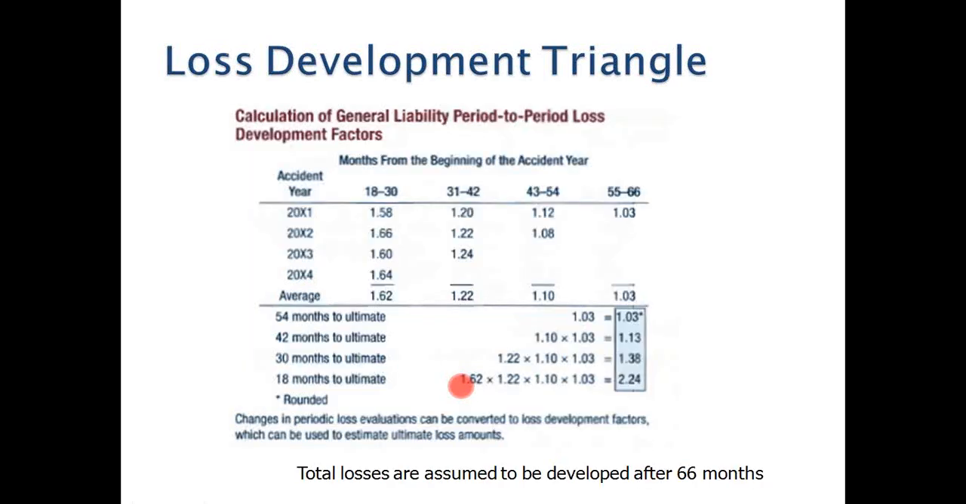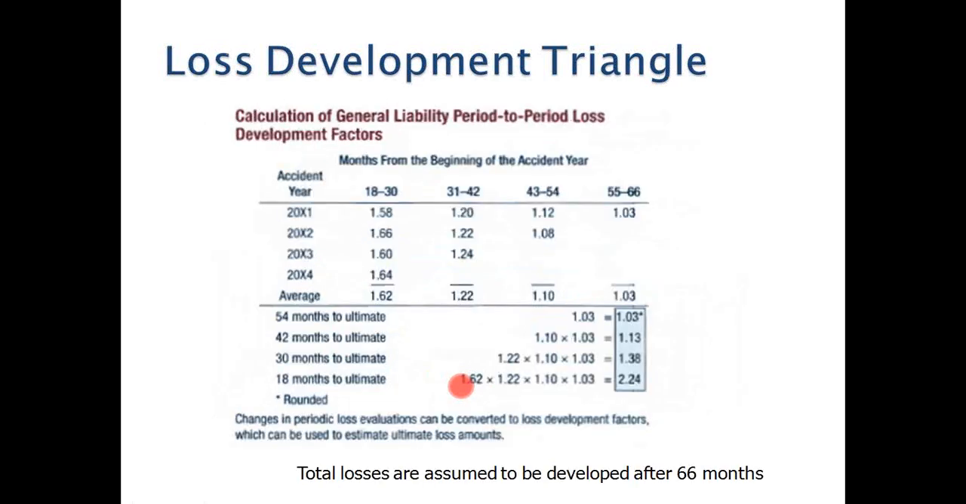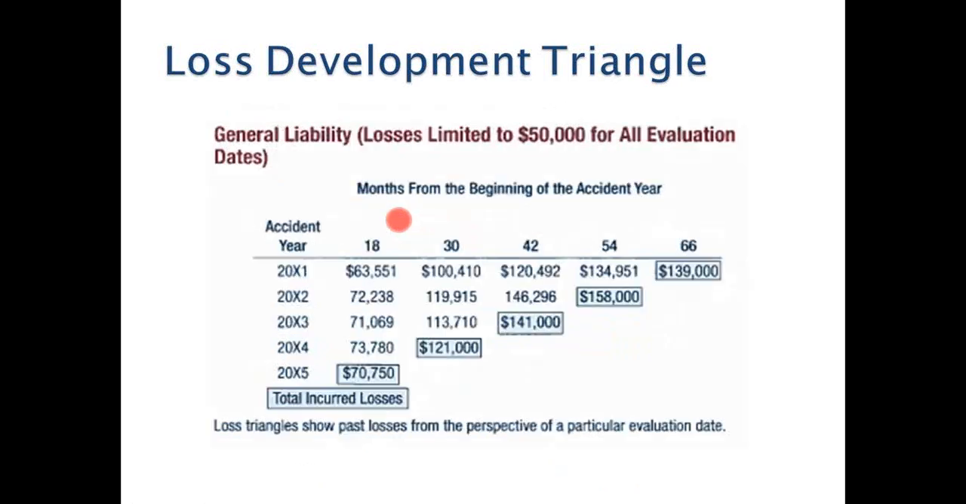So now let's look at loss. The question is where the factors come from. Well, we can take a look at how these claims develop. From the previous slide that shows the dollar amounts, now we're looking period to period and what these loss development factors are. So from 18 to 30 months, it was 1.58. If you were to do this